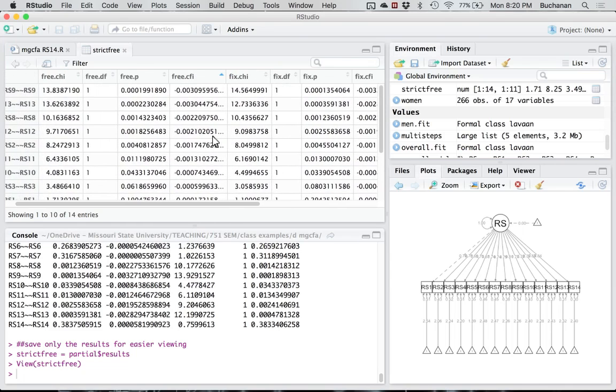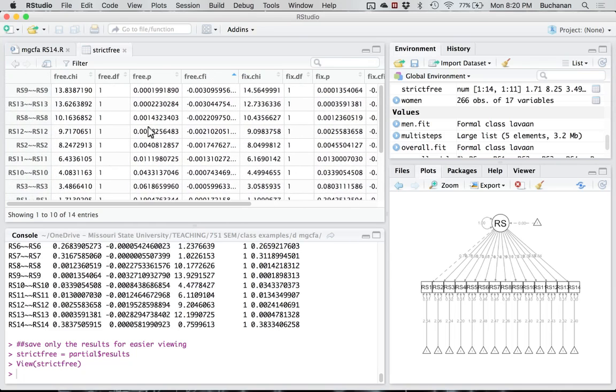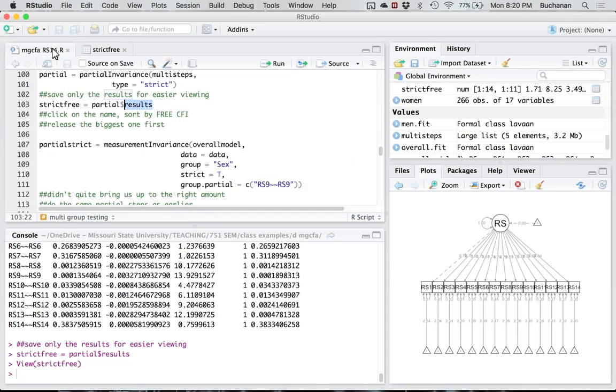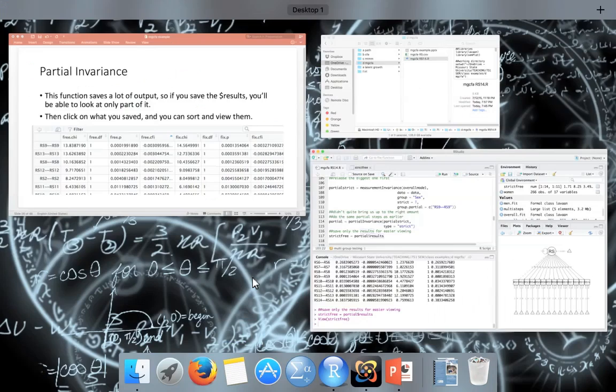Okay. All right. There are other ways to look at this. We could look at chi-square, but look, they agree. And since CFI is our criteria, let's focus on that. So what I can do here is I just copy this. So it's RS9, that's the problem. You see how it has the double squiggles? That's the residual variances. It's a little weird. It says residual variance with itself, but what we're saying is allow men and women to be different on this one. So you would copy that code exactly, come back over here,